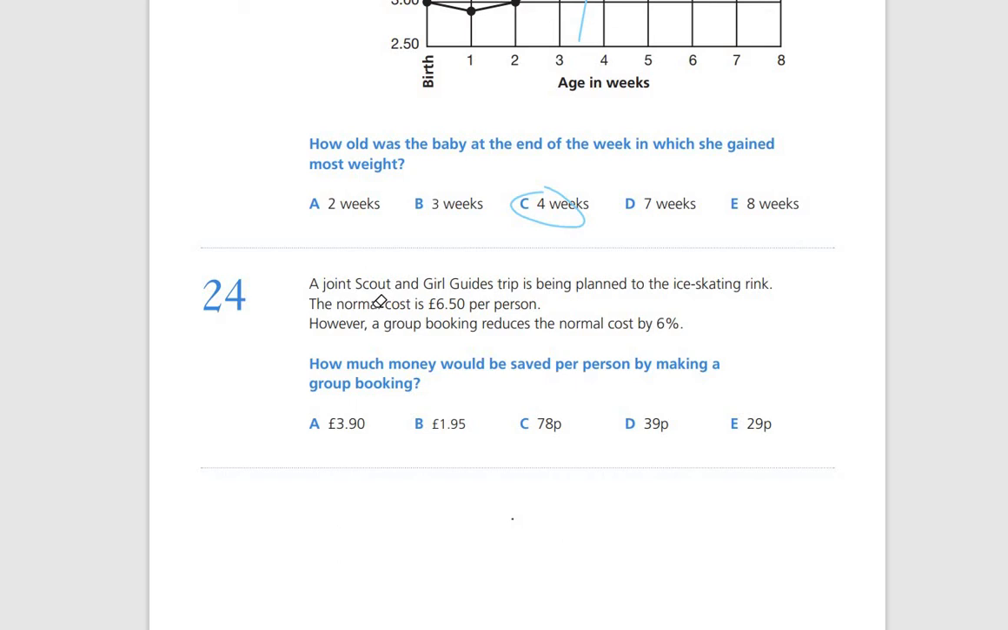A joint Scout and Guides trip is being planned to the ice skating rink. The normal cost is £6.50 per person. However, group booking reduces the normal cost by 6%. How much money will you save per person by making a group booking? Well, we do 6% of £6.50, and we get